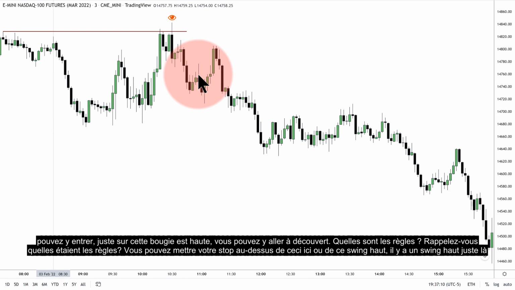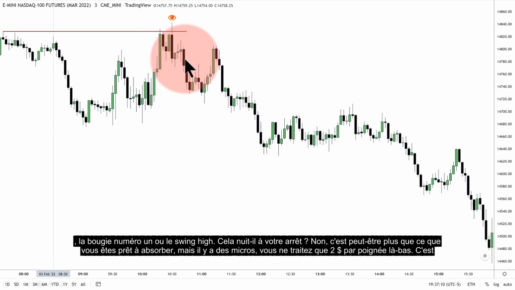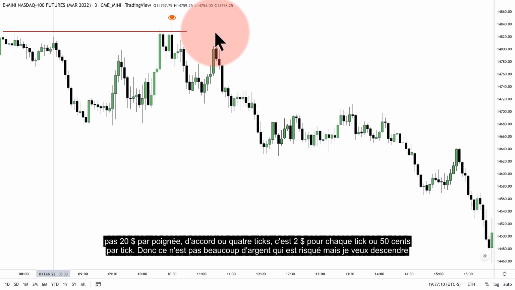What's the rules? Do you remember what the rules were? You can put your stop above this here or the swing high. There's a swing high right there. Candle number 1 or the swing high. Does it hit your stop? No. This might be more than you're willing to absorb, but there's micros. You're only trading $2 per handle there. It's not $20 per handle, okay, or 4 ticks. It's $2 for each tick, or 50 cents each tick. So that's not a lot of money being risked there. But